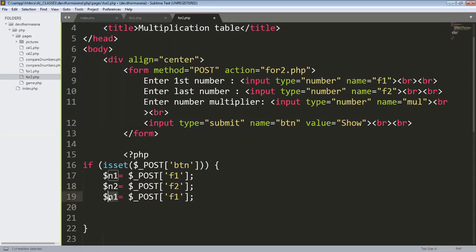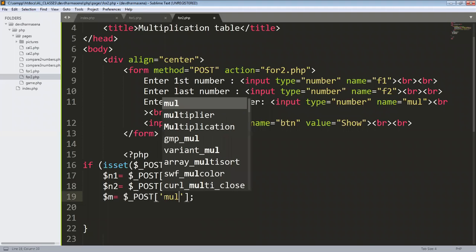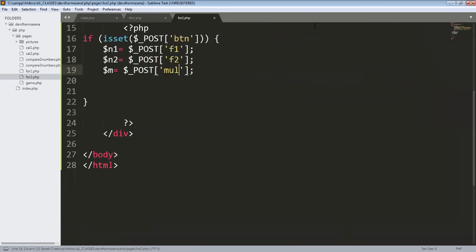I use the variable as M, then the form field is mul. Okay, right.